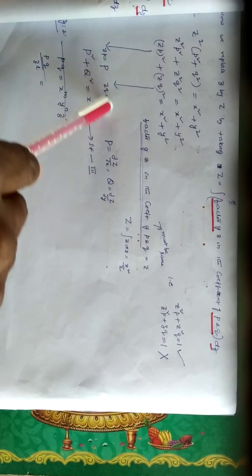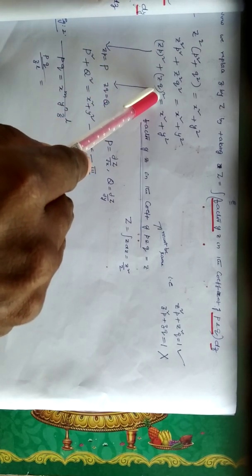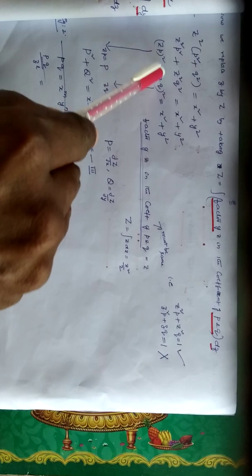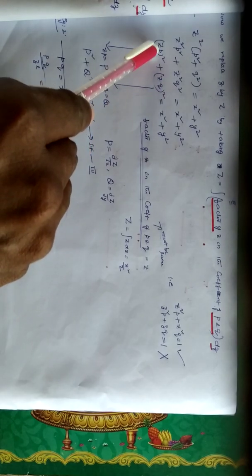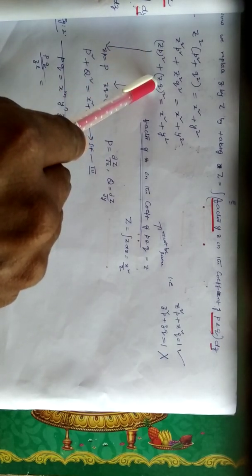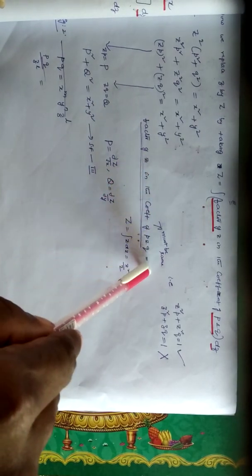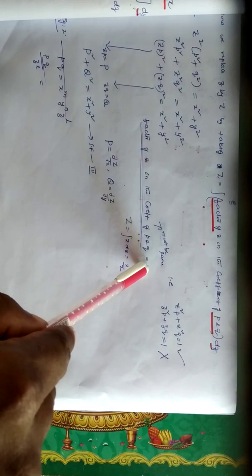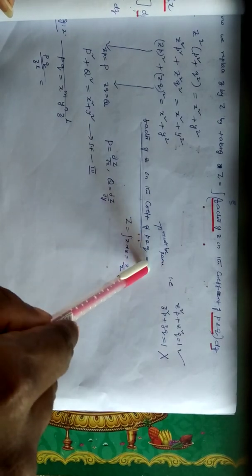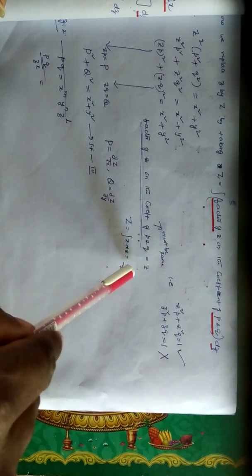Here small z is merged into both P and Q. When we check the appearance of z, the association of z with p and q must be the same. Here the quotient of p is z, and the quotient of q is also z. Since this is the same, we can change this small z with capital Z. The factor of the quotient of p and q equals z. While considering capital X and capital Y, we consider the reciprocals. But in case of capital Z, we consider the direct factor, we do not consider the reciprocal. That means the integral of z dz equals z square by 2.